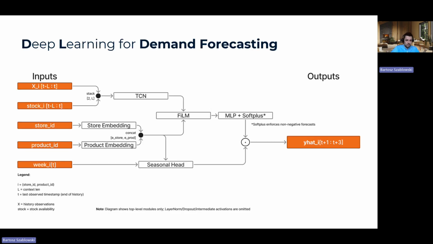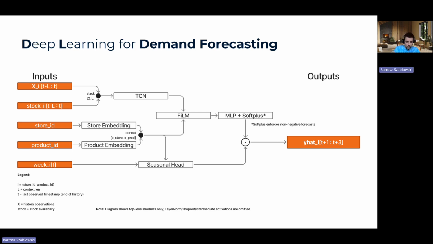And let us start with the forecasting part based on deep learning. Here you can see the architecture at the high level. For now, there is no need to focus on each individual block because we will go through them on the following slides and break them down into smaller parts. First, let us look at the inputs and outputs, and let me actually start from the end. So the network generates the point forecast for the next 3 horizons. So the output is a